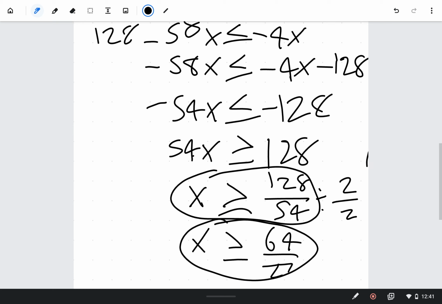So in conclusion, when solving multi-step inequalities, just remember these 3 steps: distributing, combining, and doing inverse operations, along with the extra step of multiplying both sides of the inequality by negative 1,